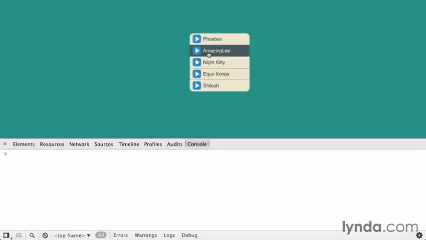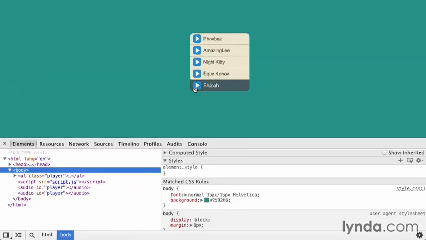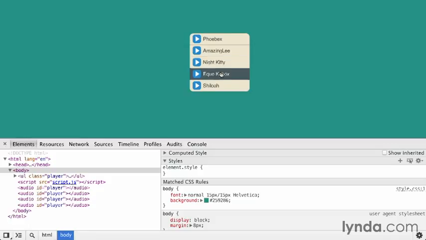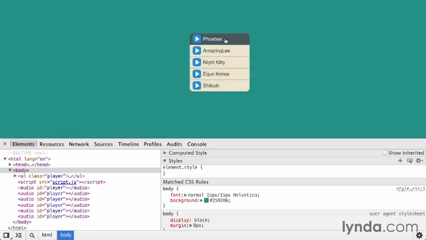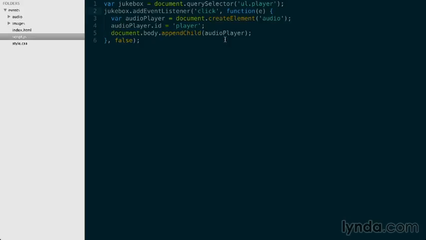So nothing's happening right now. Let's take a look at the elements. You can see that my audio players are being generated, but no sound is playing. And now that's because we've generated the audio player and we've appended it. We haven't really told it what to play. So I need to say something like